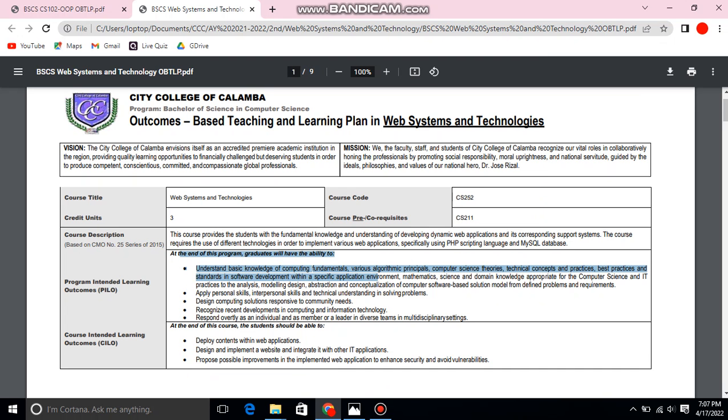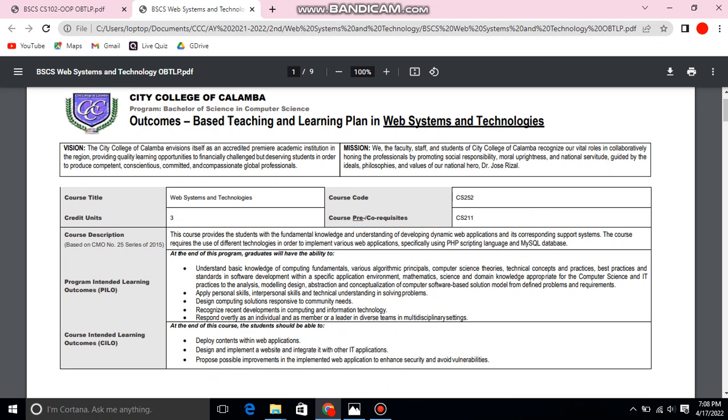The program intended learning outcomes, or PILO, is to understand the basic knowledge of computing fundamentals, various algorithmic principles, computer science theories, technical concepts, and practices, best practices and standards in software development within a specific application environment, mathematics, science, and domain knowledge appropriate for the computer science and IT practices to the analysis, modeling, abstraction, and conceptualization of computer software-based solution model from defined problems